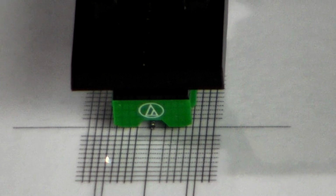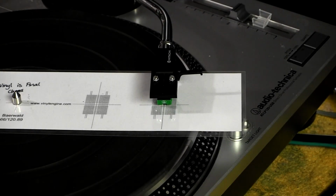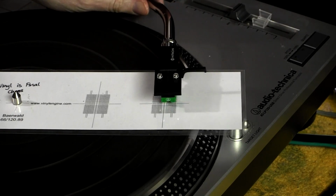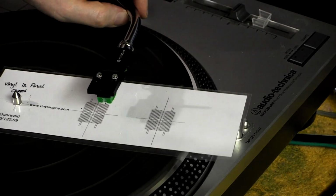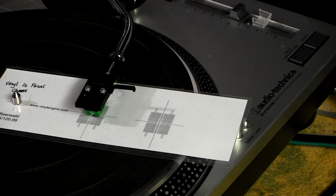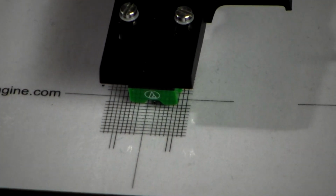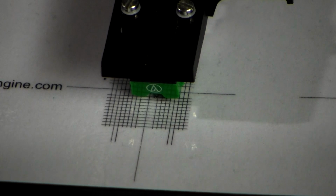And let's move over, and I'm going to do this in real time so that you guys can see I don't change anything. You got to move the platter just a bit and get it just right. And I'm going to zoom in and move the camera. This is real rough, guys. Just bear with me so that I can show you that this is not being done with any kind of camera trickery or anything like that. Okay, and we'll get it lined up just right